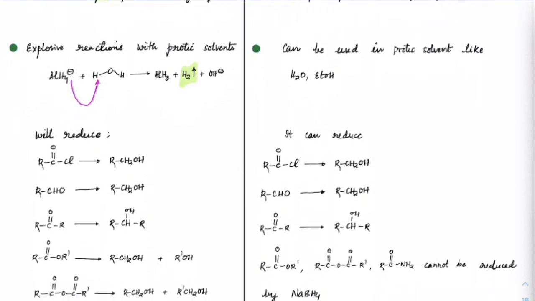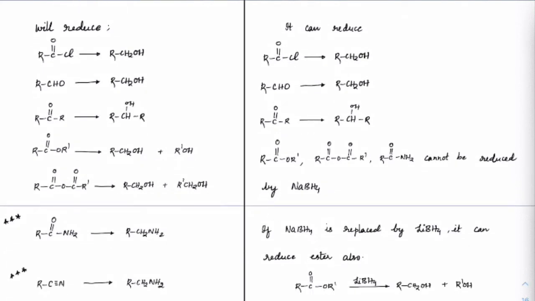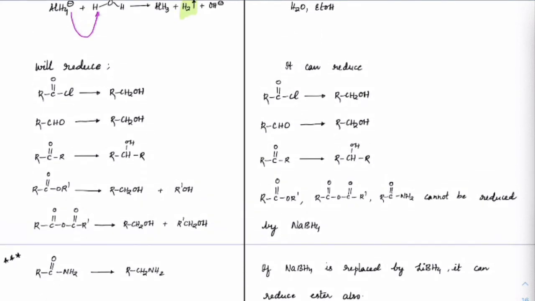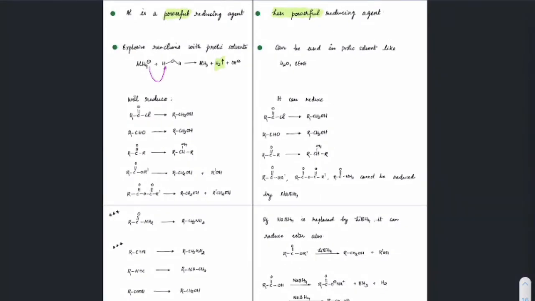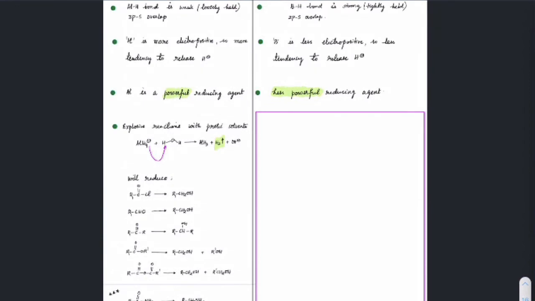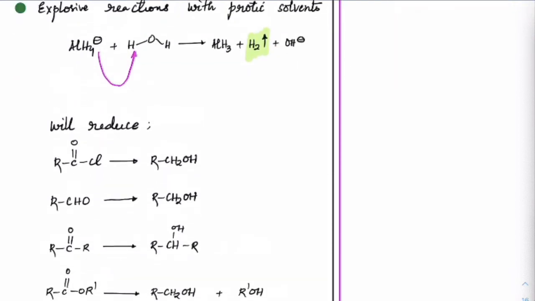Now comes an important list about these compounds. Check it out. If you observe lithium aluminum hydride, it will reduce all of this. So we'll first focus on lithium aluminum hydride. As of now, I'll just close this side. Now let us just focus on this side first. Let us focus on lithium aluminum hydride first and then we'll go towards sodium borohydride and then compare.